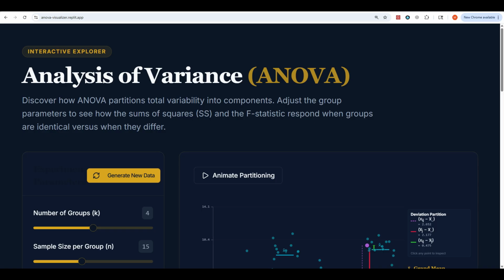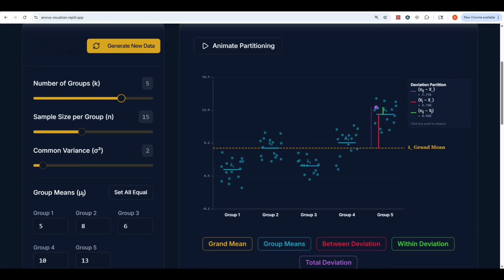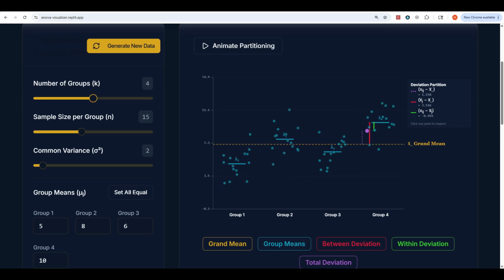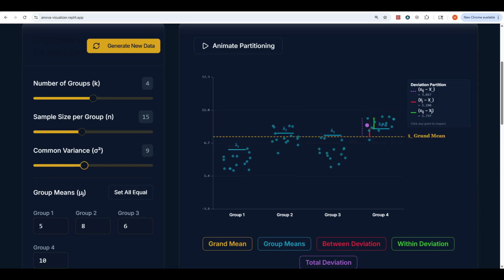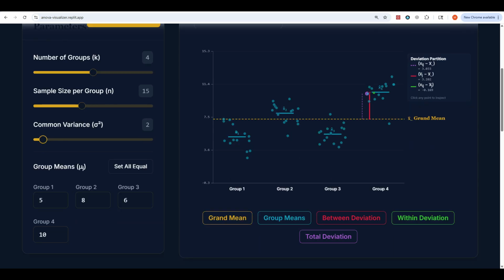illuminate comparisons among means. On the left-hand side of this web app is a configuration tab that allows you to specify how many groups you want to compare, how many samples in each of those groups, what the common variance is going to be for them, and then ultimately what you want those means to be for each of those groups. Each of these is configurable, so you can add more groups or fewer. You can add samples. You can change this variance to be something larger or smaller as you'd like. And then you can see that by default, the groups are given increasing means, and you can change that however